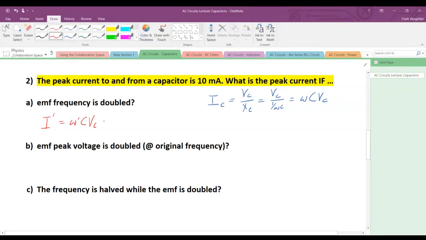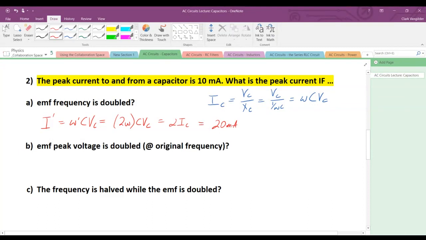And so if I double that frequency, well, then I'm going to have 2 omega C VC. All right, so we would just write that in there, and so that's just going to be 2 IC, and we would just have 20 milliamps. So not complicated,